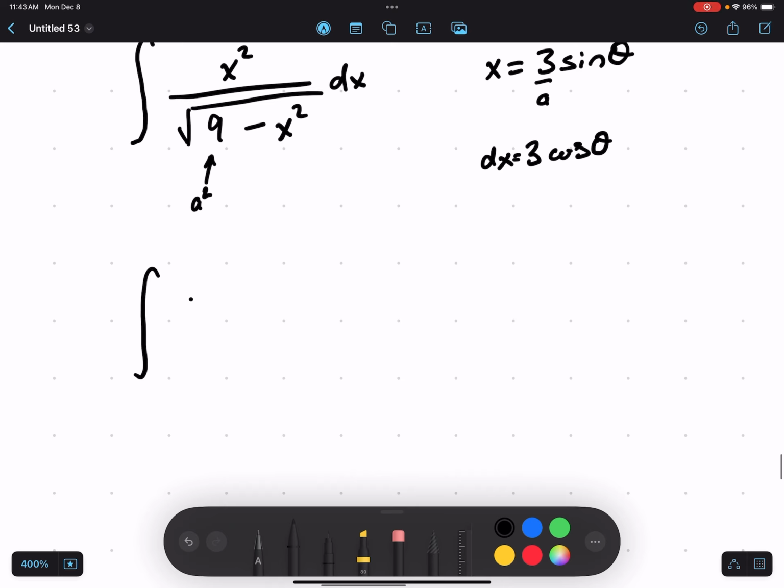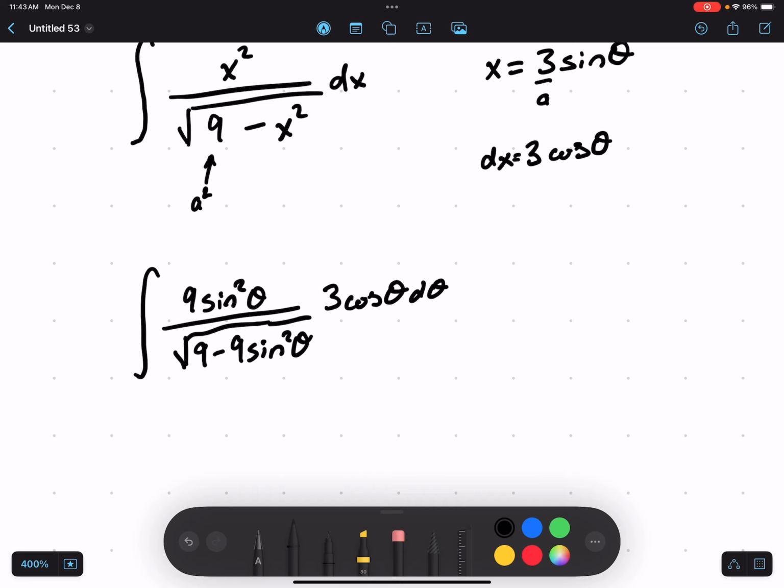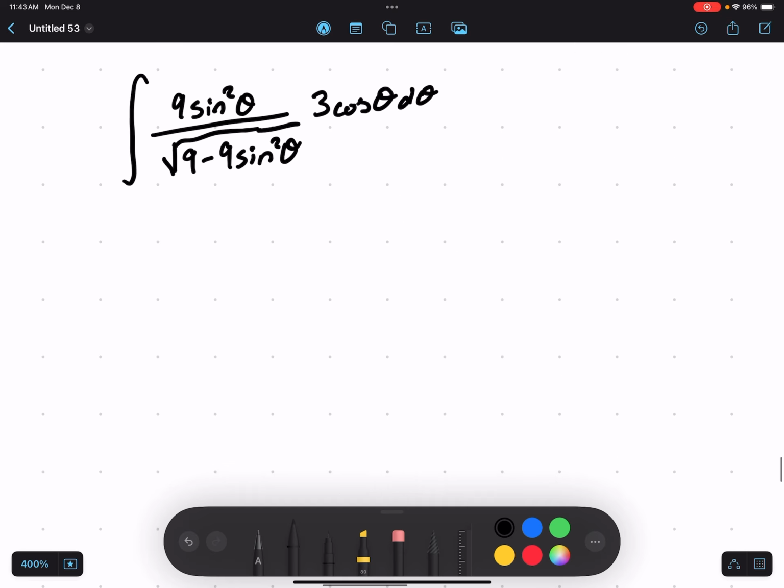So we've got x squared, which is 9 sine squared theta, over the square root of 9 minus 9 sine squared theta. And then we'll do our dx, which is 3 cosine theta d theta. This is our rewritten integral. Now we just need to purge the constants. So to do that, we'll pull the top 9 out, we'll pull the 3 out, and then we'll simplify this,